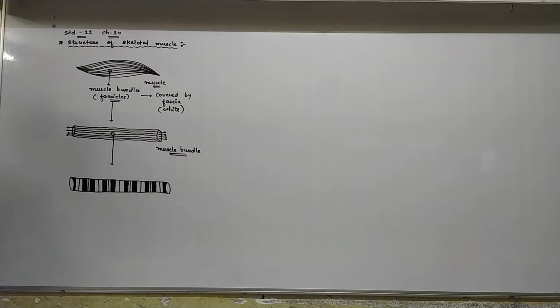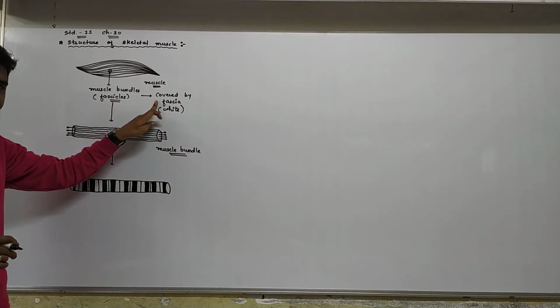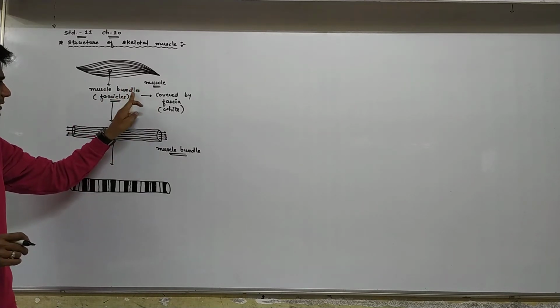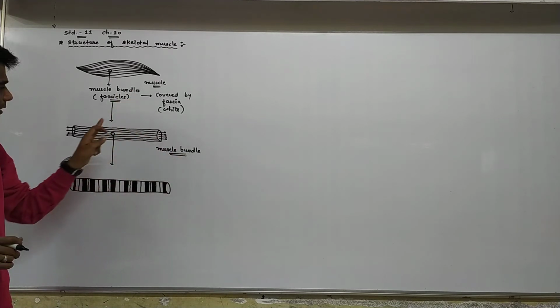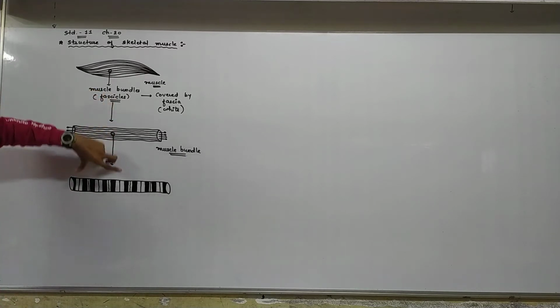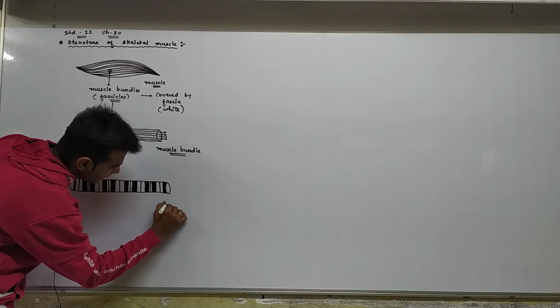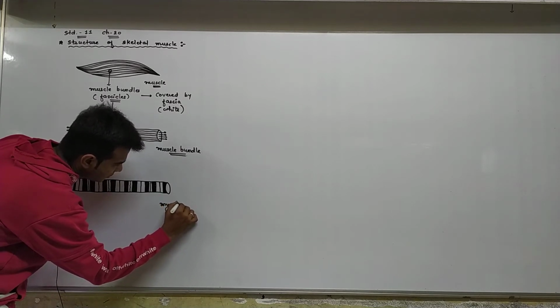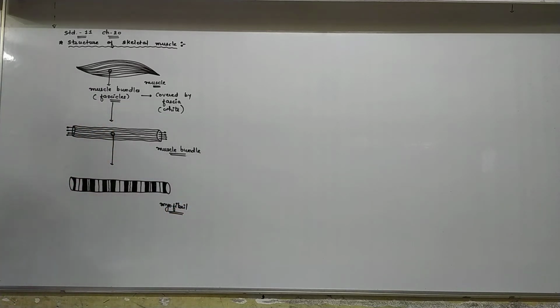See, muscle is made up of muscle bundles. Muscle bundles, known as fascicles, are covered by fascia. Now each muscle bundle is made up of myofibrils. So this is the myofibril, and here in the myofibril you see